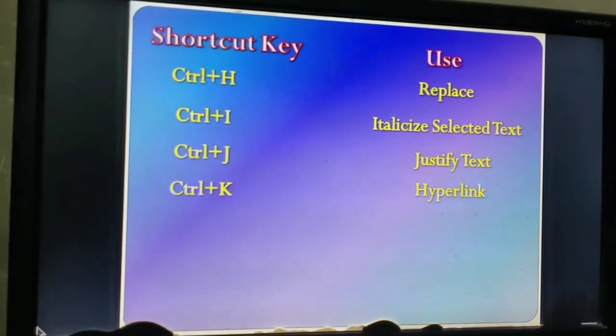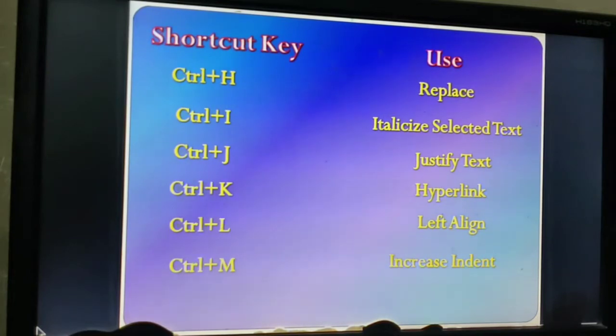For example, you are a class teacher of class 10th and you have prepared a separate file for all students. Using the hyperlink, you can prepare a file and type the names of all students, and with each name you can link the information file of the related student. Ctrl plus L is used for aligning the text to the left side. Normally it is the default alignment, but if we have mistakenly done right or center alignment, we can use the shortcut key Ctrl plus L to align the text left.